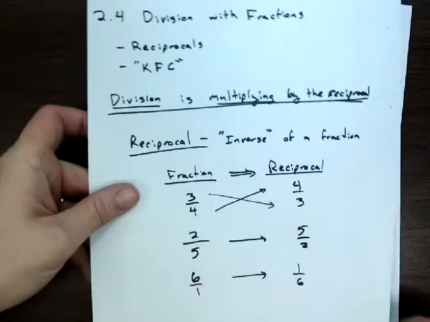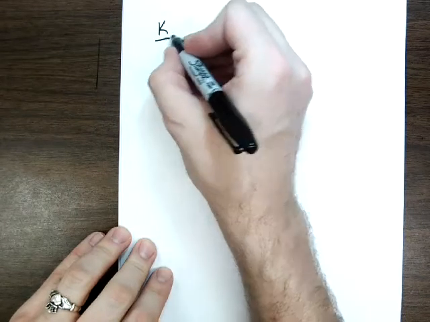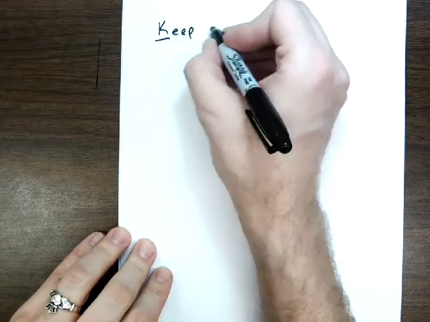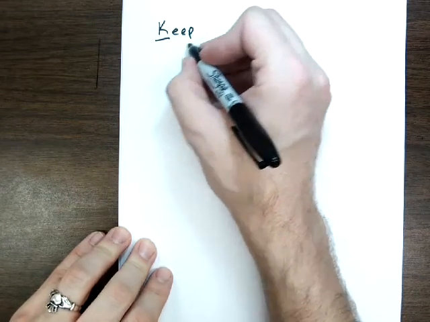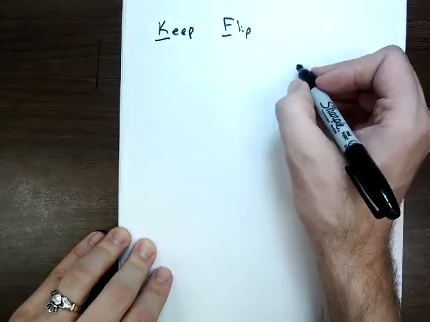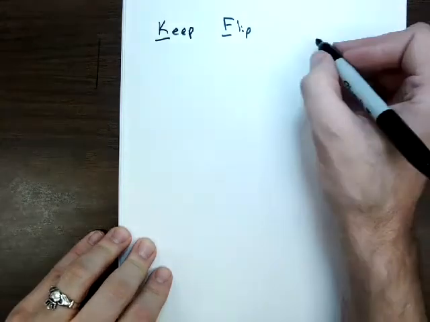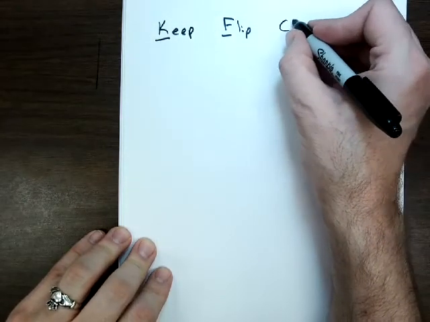I'm going to show you what I mean when I say KFC. When we're dividing fractions, we're going to keep our first fraction. We're going to flip our second fraction, and we always flip the second fraction, never the first. And then we change